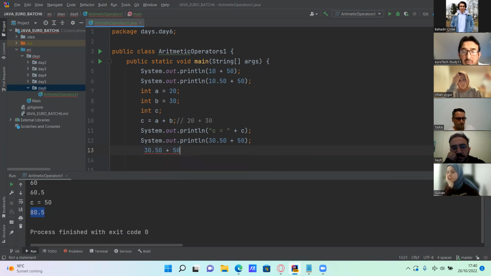So if you add one integer and one double, the result will be double. And if it is difficult for you to understand what kind of data type you will get after this operation, if you want to assign it,